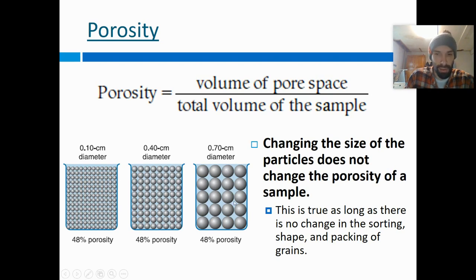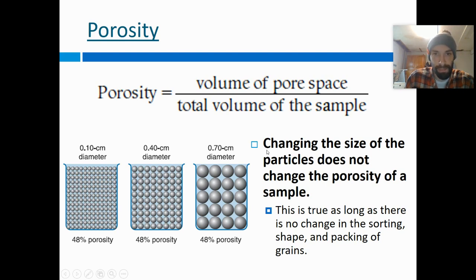And that's really interesting. So basically, if you think about these three pictures, the gap here is really, really tiny, but there's a lot of them. The gaps over here are bigger, but there's not as many. And if you actually do the math, you'll see that despite the fact that you might say, oh, those are big pore spaces, there's not very many of them. There's a lot of them here, but they're tiny. And so it all evens out. It's kind of interesting. So that's a big takeaway. Porosity does not change if the size is the only thing changing.